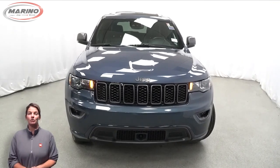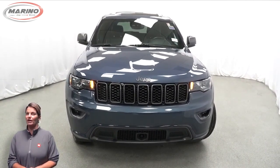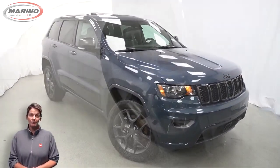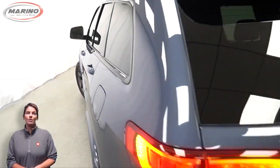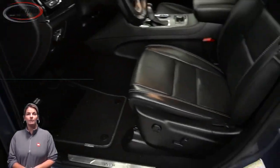Looking for a highly equipped SUV with all the right options and reliability? We'll take a look at this 2021 Jeep Grand Cherokee 80th Anniversary in Slate Blue. With HID headlamps, premium fog lamps, 20-inch aluminum wheels, blind spot and cross-path detection, heated front seats, heated steering wheel,